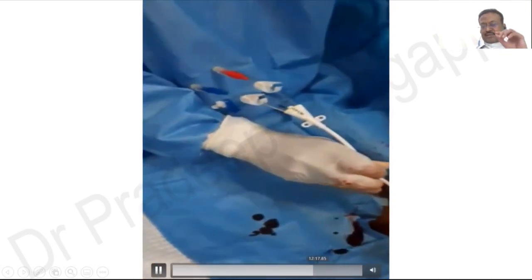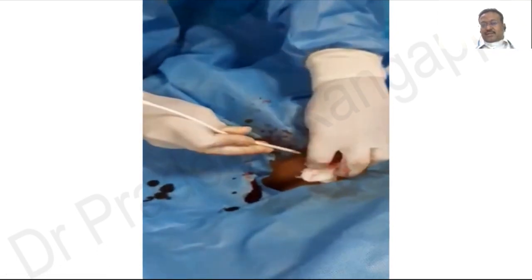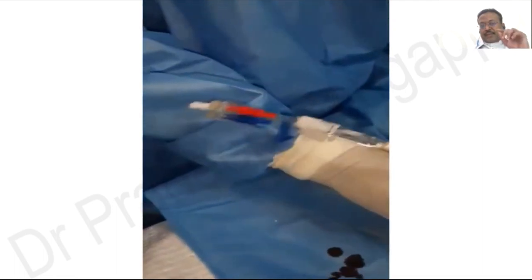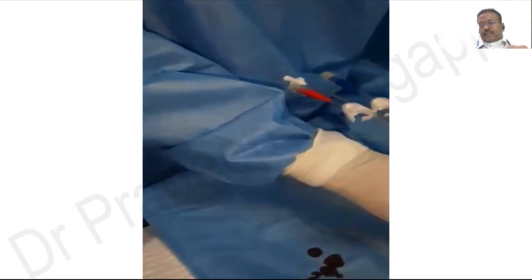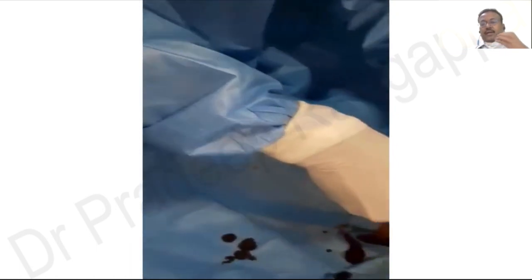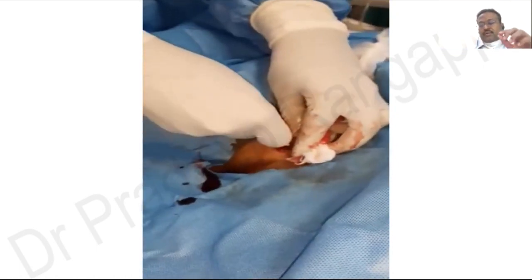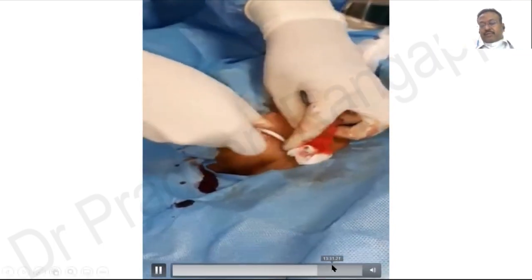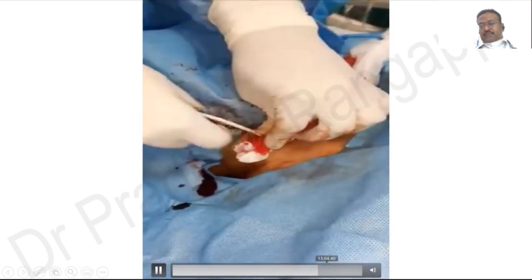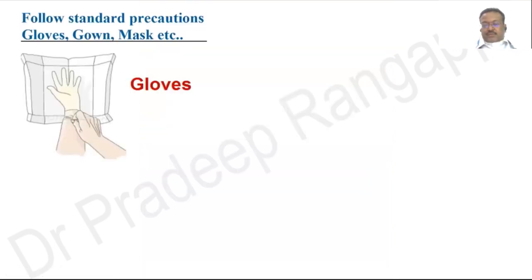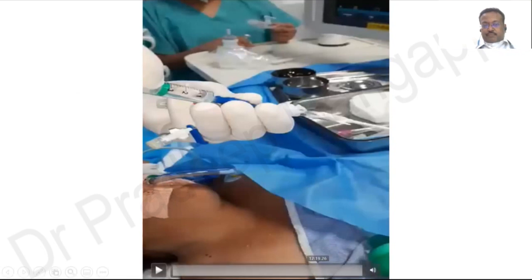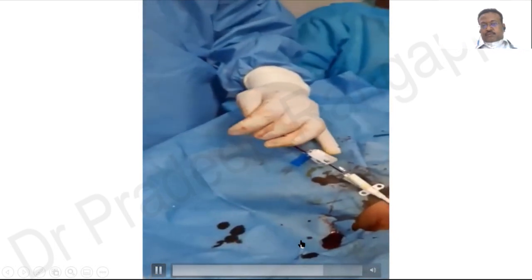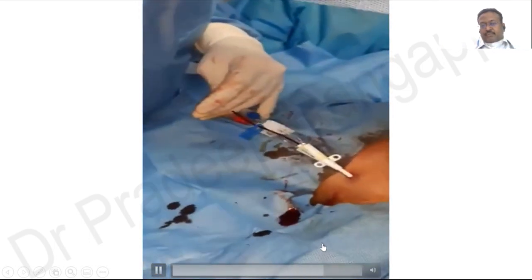Okay, now he's passing the catheter. So once dilation is done with 2 size dilators, now the catheter is being passed. So once you're pushing the catheter in, it is absolutely important to make sure that your guide wire is out, because we've had instances where even guide wires have been pushed in without getting the tip of the guide wire out. So that is very important for the beginner to bear in mind when you're putting the catheter in. So as you see, the catheter is in. Okay, now he's pulled out the guide wire.